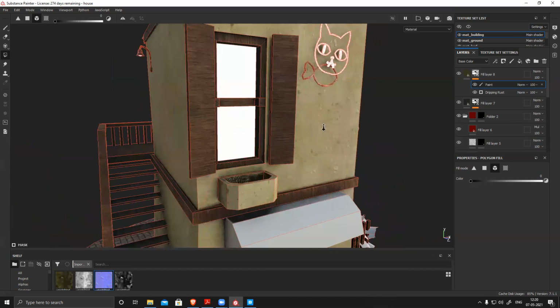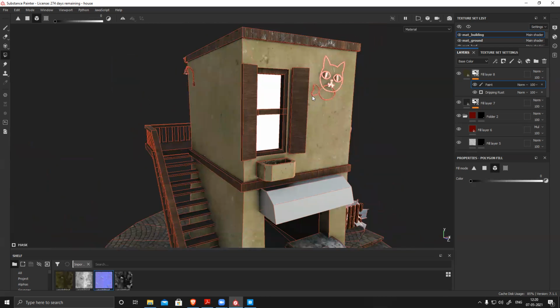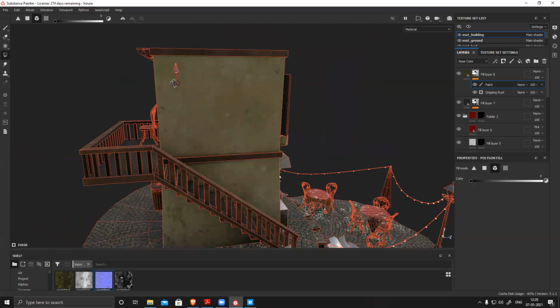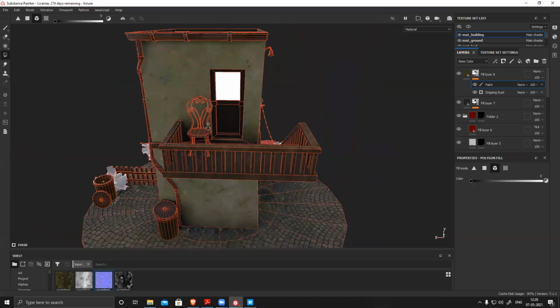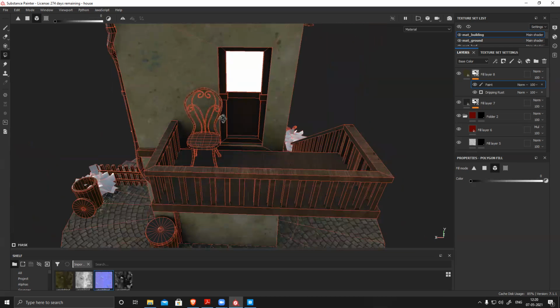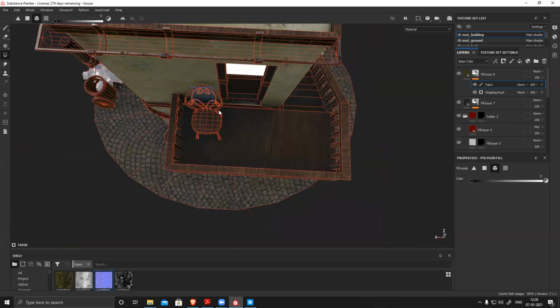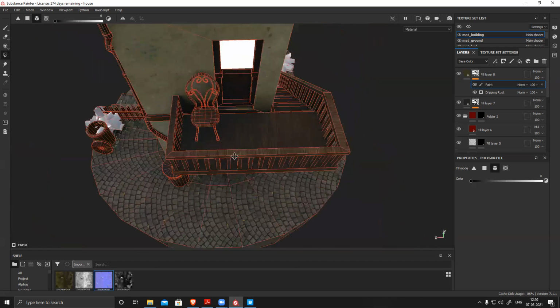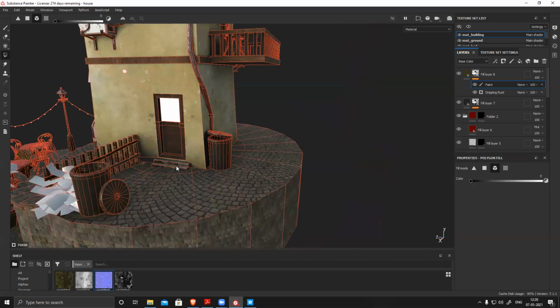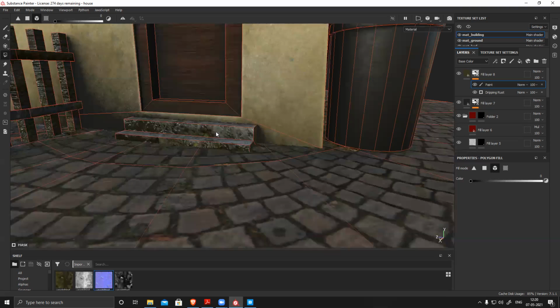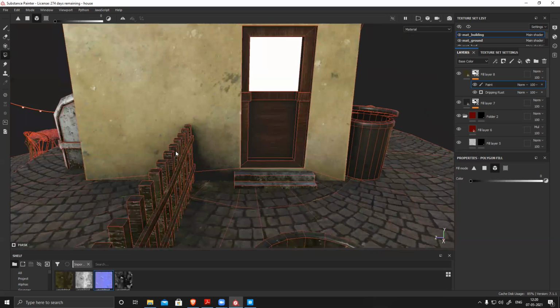This window I'll remove it. Remove it. This can be a little dirty, that's fine.